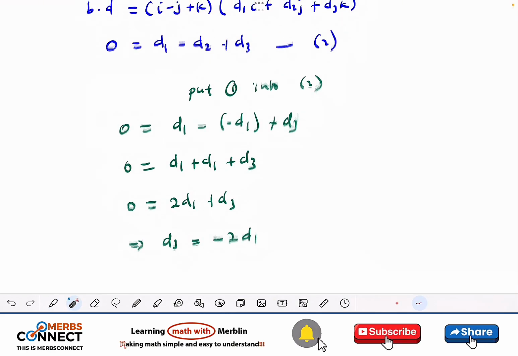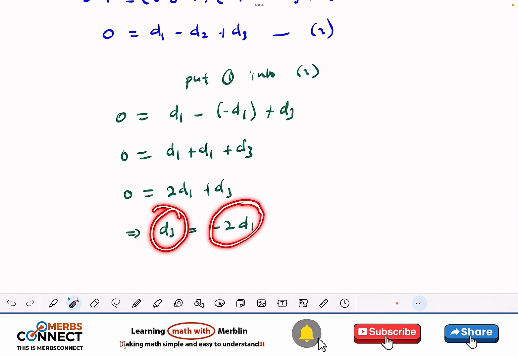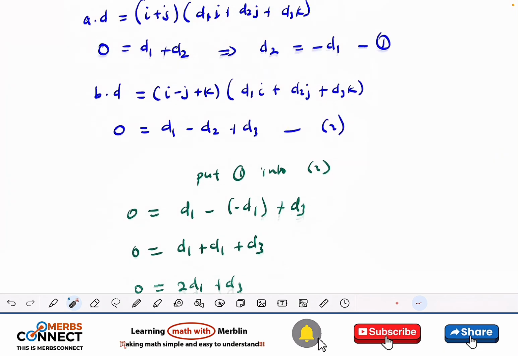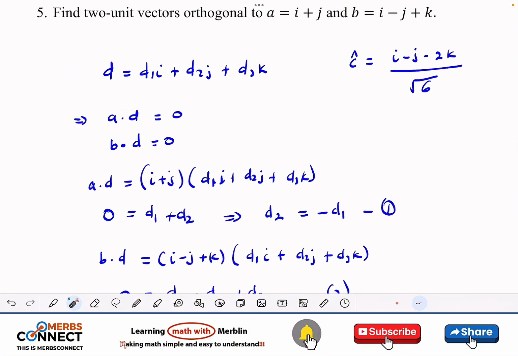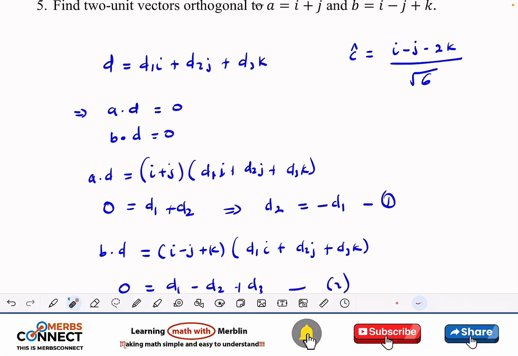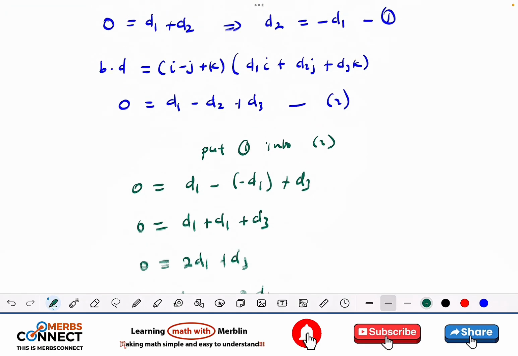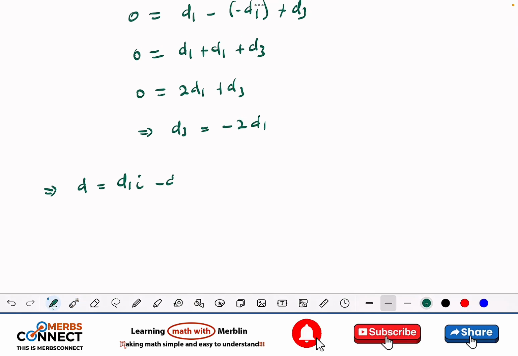So you see what we've done now? Now we have D2 in terms of D1, and we have D3 also in terms of D1. So it means that we were able to write it in terms of only one variable. So this one will help us to write our D, right? So now we know D2, we know D3. So let's do that. So this implies that D is equal to D1i plus, what is D2? D2 now is equal to minus D1. So this is going to be minus D1j, and then D3 is this, so minus